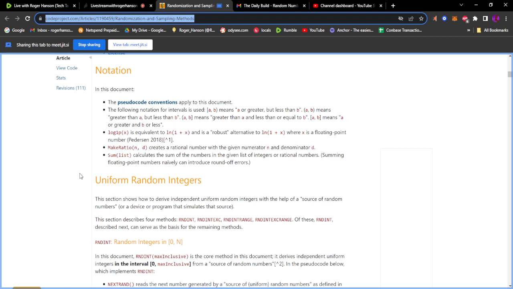Now you have make ratio, which creates a rational number with the given numerator n and denominator d. Sum list calculates the sum of the numbers in the given list of integers or rational numbers. Summing floating point numbers naively can introduce round-off errors.